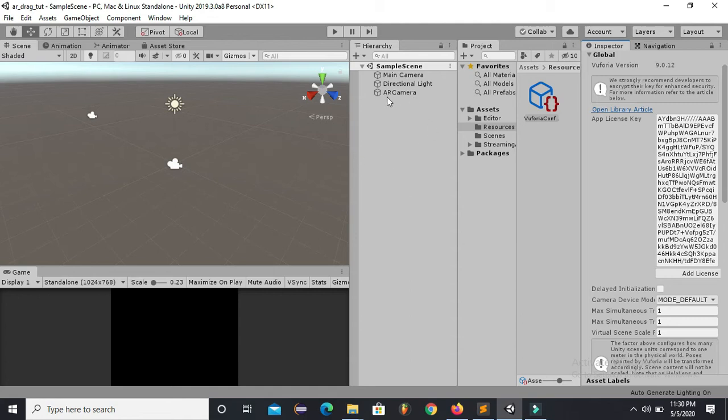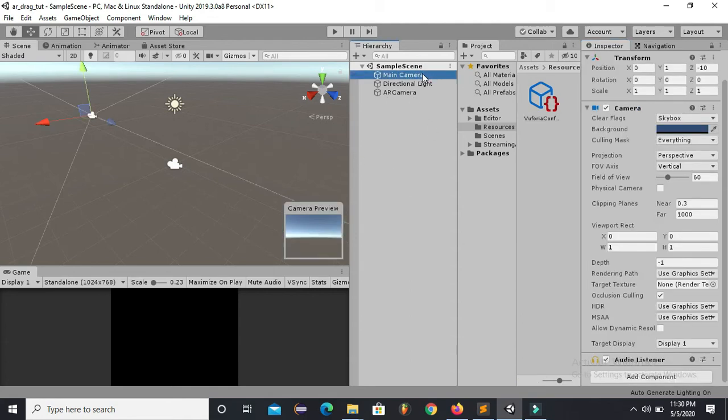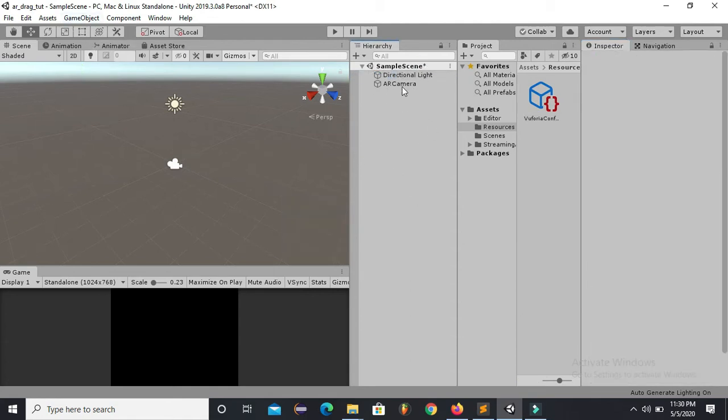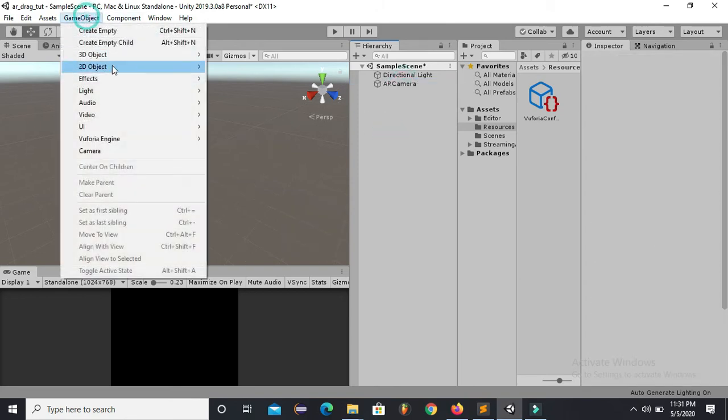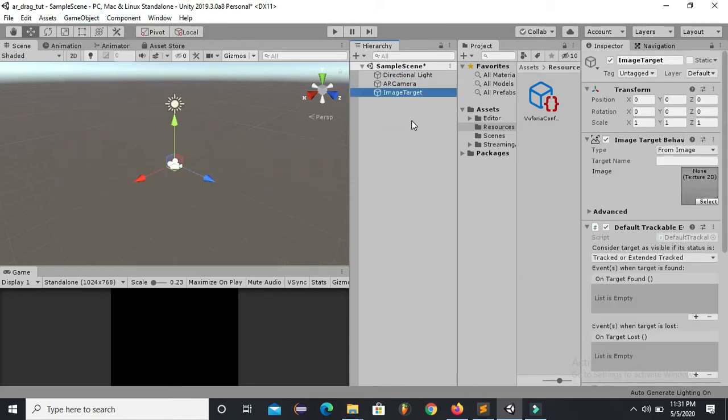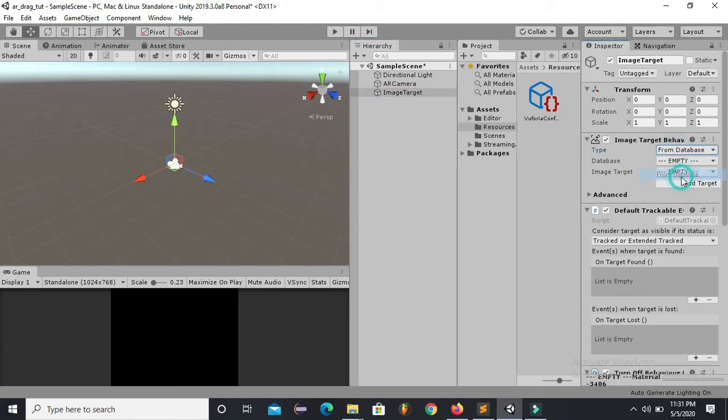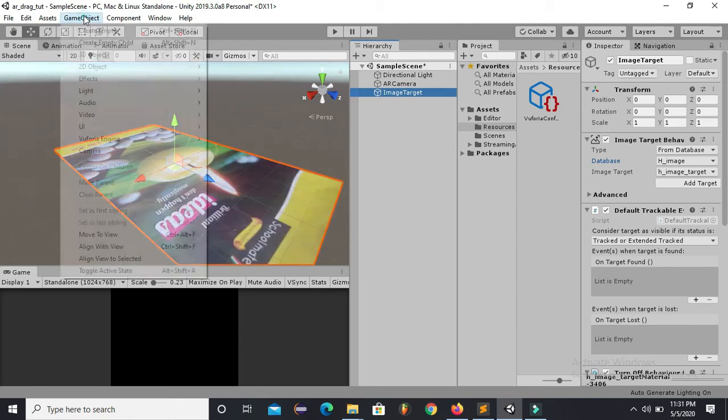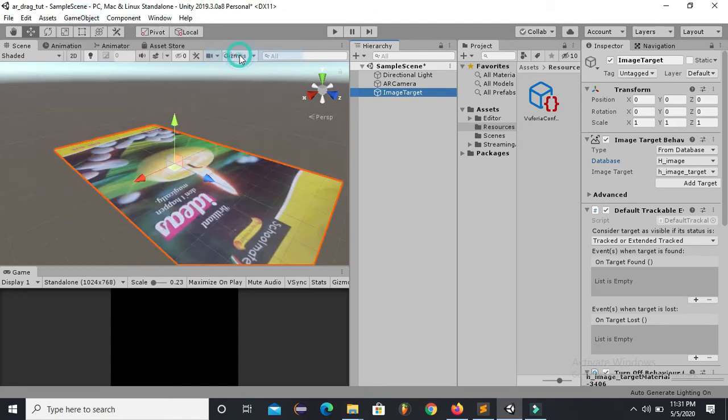So now I will delete this main camera, and I will import the image target. Now from type I will select database. Now the name of the database, and I have my image here.